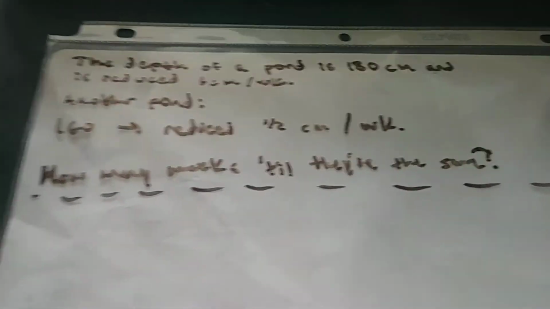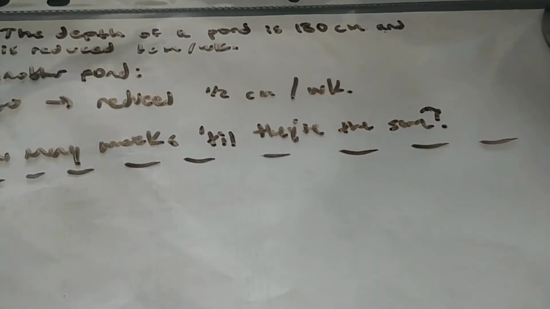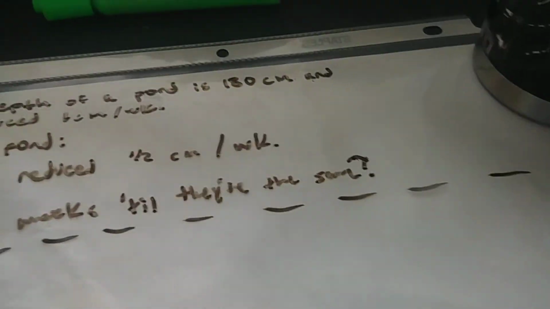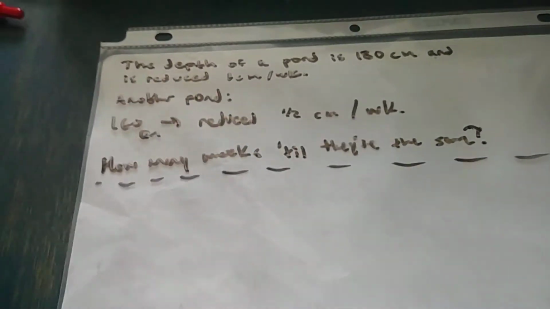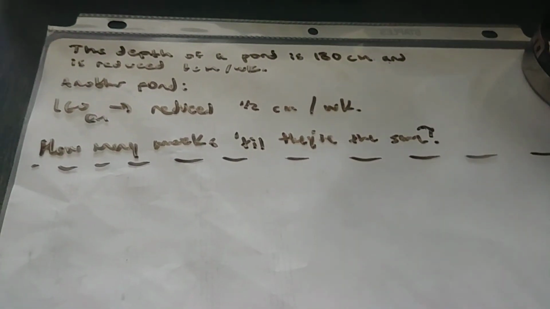Okay, next question. The depth of a certain pond is 180 centimeters, and it's reduced 1 centimeter a week. Then there's a second pond that is 160 centimeters, and it's reduced 1/2 inch a week. Now it's saying how many weeks till they're the same. Sometimes these questions